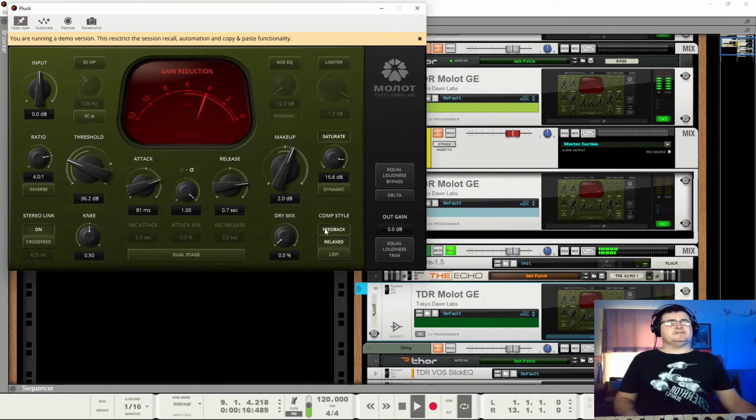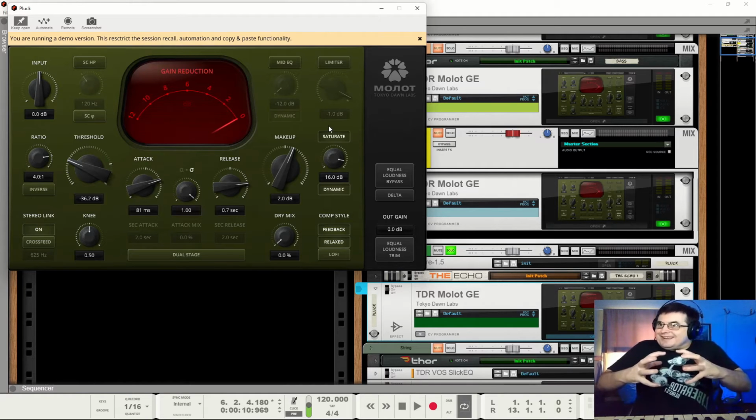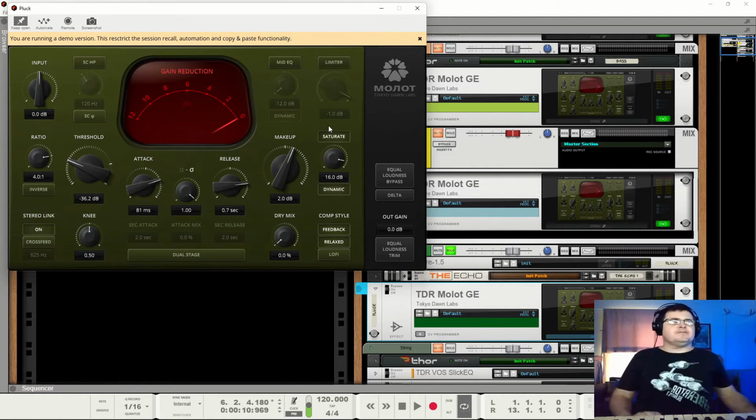Might as well give it a little bit of sparkle, seeing we can. And let's actually put that dynamic. You can actually hear that it just sort of brings her to the beginning of the sound.